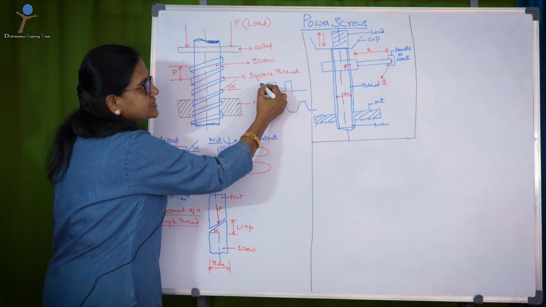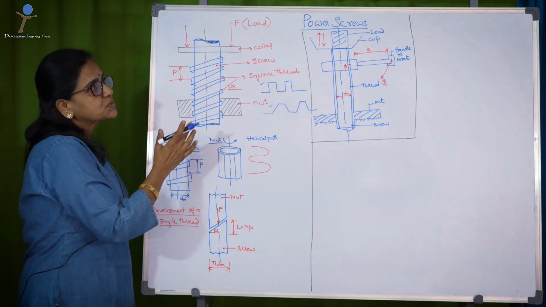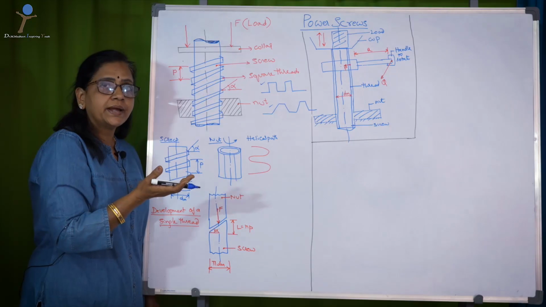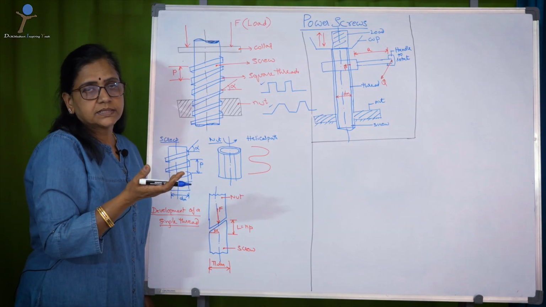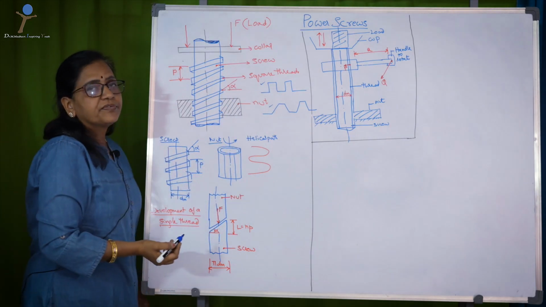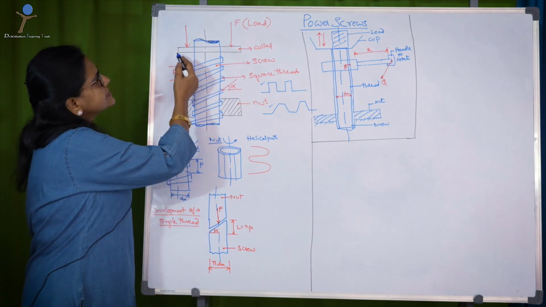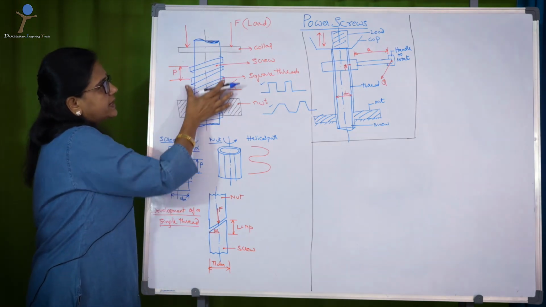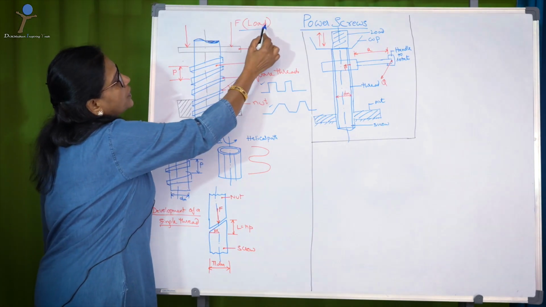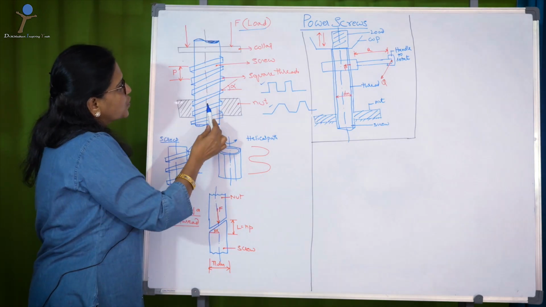So, the reason to choose these types of threads is because power screws are such elements which have the capacity to handle higher loads. Sometimes the loads are in tons. So, that is the reason you opt for square thread or acme threads. Then this is the collar on which this entire thing is supported. Okay. Now, F is the load in tons,